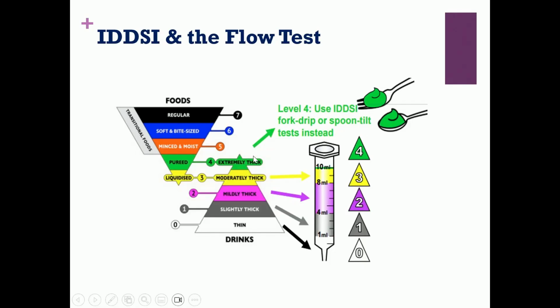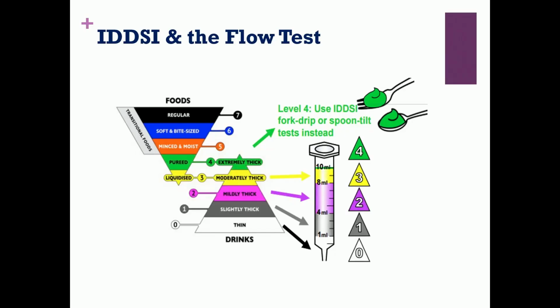So if you are a bit worried that your little one has got a difficulty managing thin sauces, thin liquids, that sort of thing, then if you were to scoop up, say, a yogurt, a good petit filou, that's probably an IDDSI level 4, because if you were to scoop it up with a fork, it wouldn't drip through the fork. If it does drip through a fork, then it's less than an IDDSI 4. It's going to be a 3 or possibly a 2.